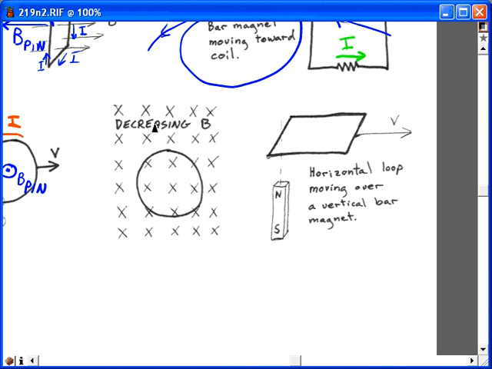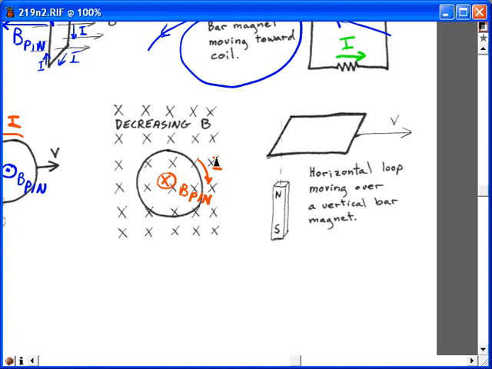This one is kind of an easy one here. We've got a decreasing number of magnetic field lines directed away from us. We're losing magnetic field lines away from us, so to make up for that loss, B pin has to be directed away from us, into the page. If you're copying this or working on paper, into the screen from my point of view. Okay, a little hard the way I'm sitting, but I point my thumb in the direction of the magnetic field into the screen, and I see that my fingers curl around in this direction. So